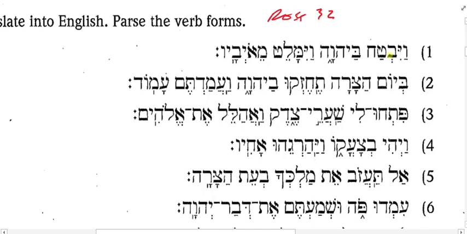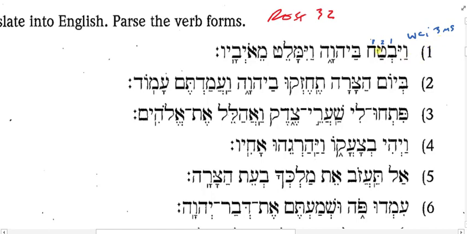All right. So the first verb here is vayivtach. What kind of a conjugation pattern do I have with this vav pathak doubling dot here? That is a WCI form. I have a yod before my root letters, nothing after. This is which person, gender, number? 3ms. So whatever it means, he did something, right?